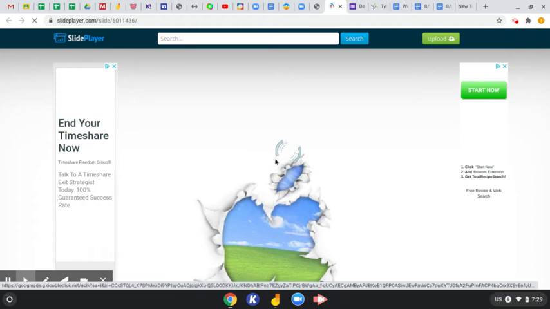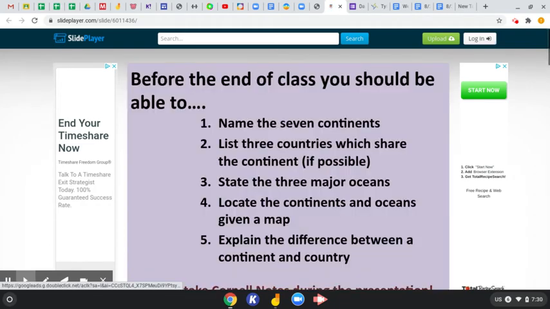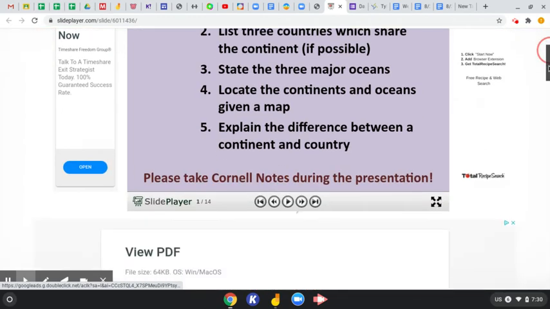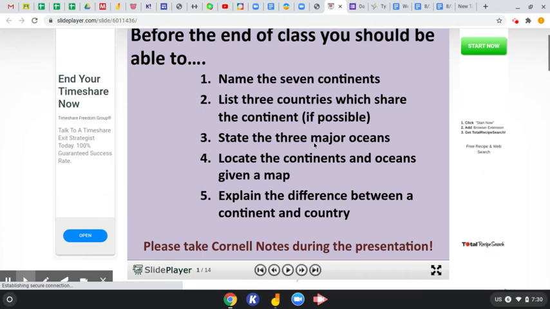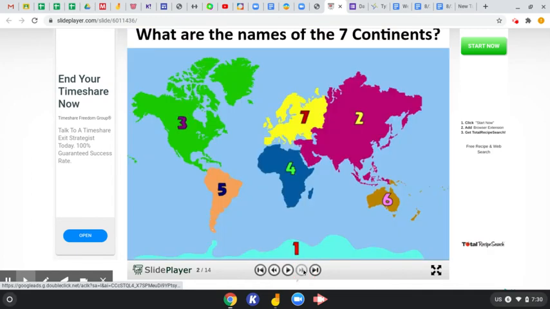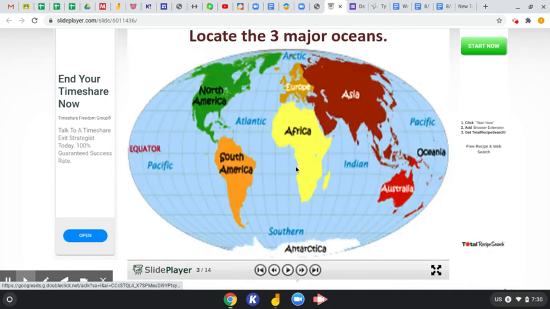So one of the things that people basically should know is the name of the continents. There are 7 of them. You probably learned them in 3rd grade, possibly 4th grade. They might have been reviewed in 5th grade. So this is what I would like you to do. There's a slideshow here. If you progress to the map, you should be able to click on that and